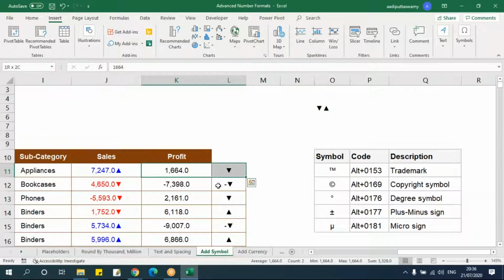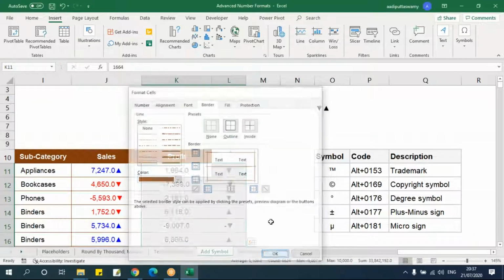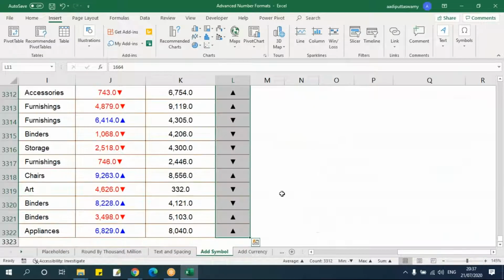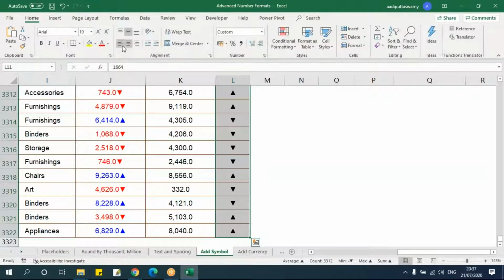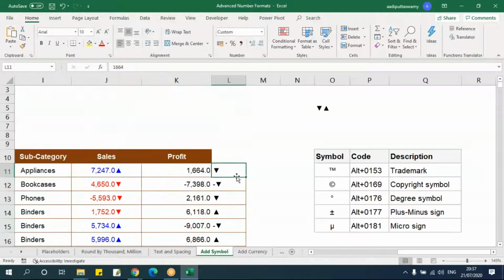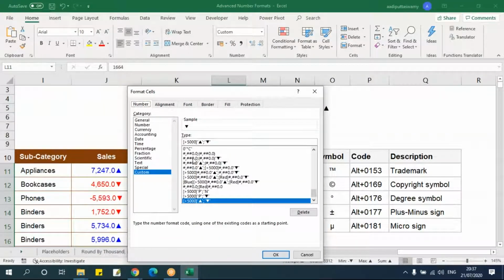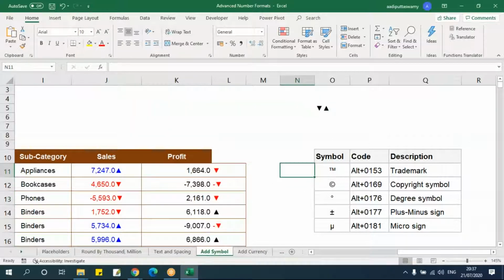So like this you can do, and remove the border here. Like this you can do. Yeah. Something like this.